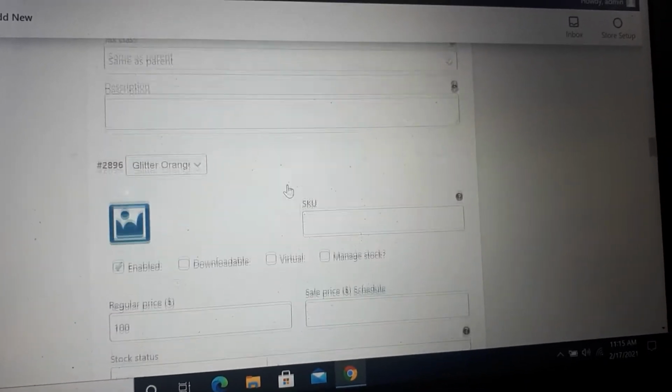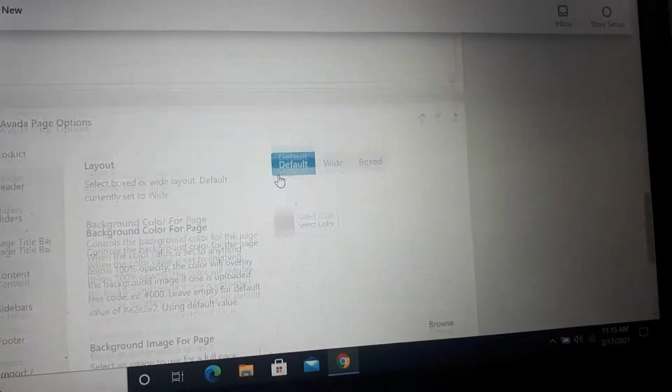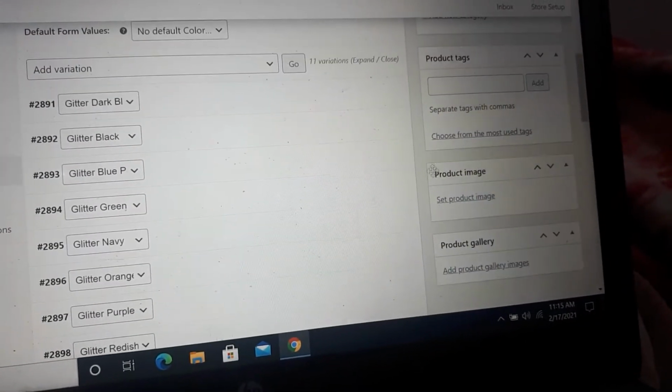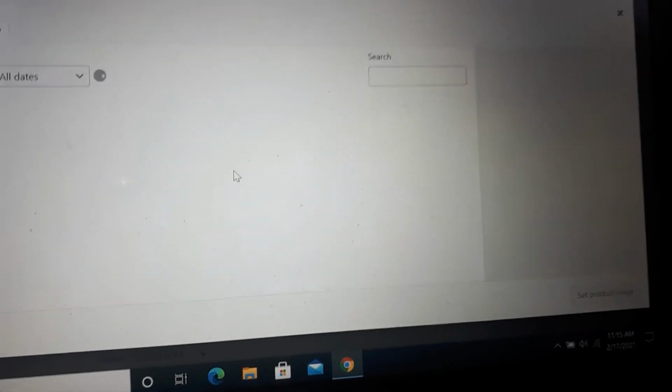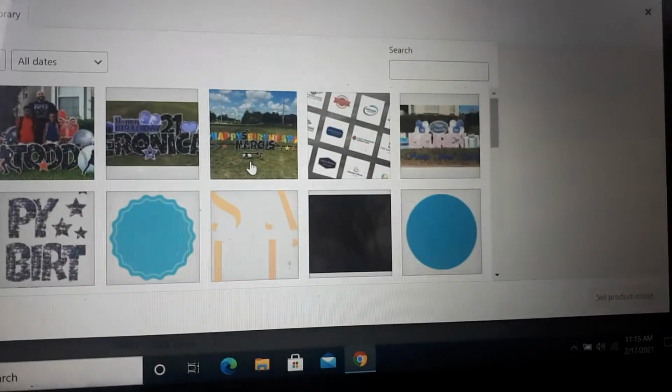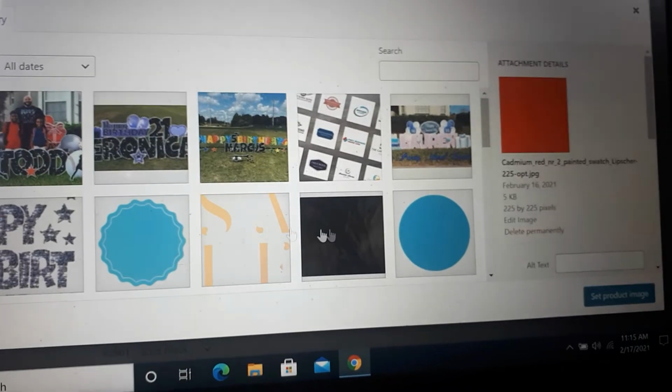After saving, as we have not added an image, let's add a dummy image for a sample product.